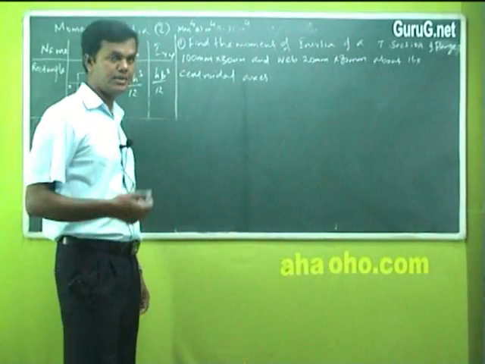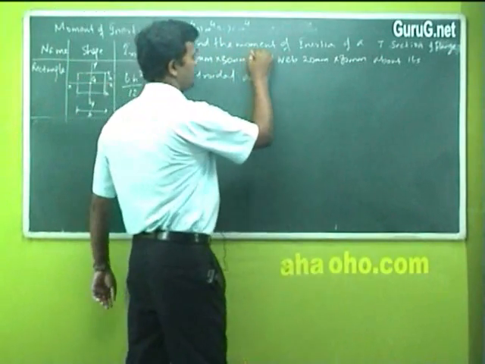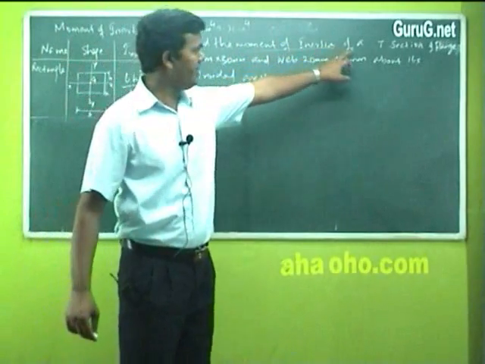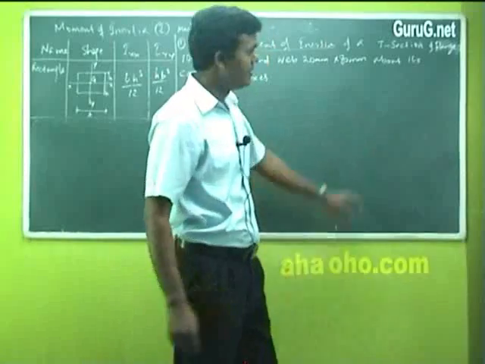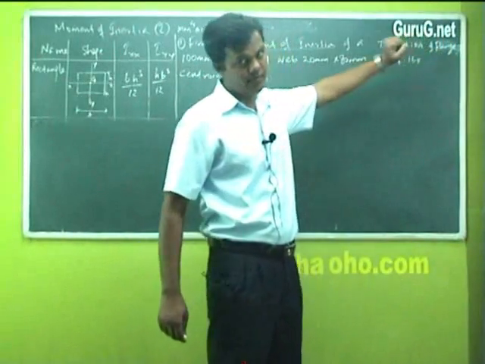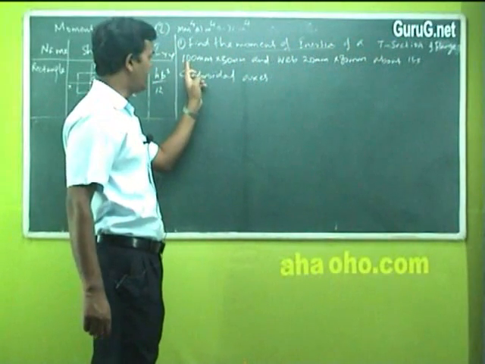Here's an example question to find out the moment of inertia. Find the moment of inertia of a T section. The symbol T. T section of a flange, F-L-A-N-G-E, flange, which is given as the value is 100 millimeter into